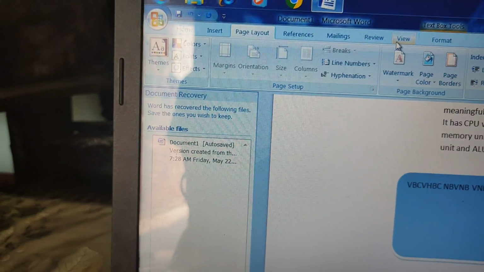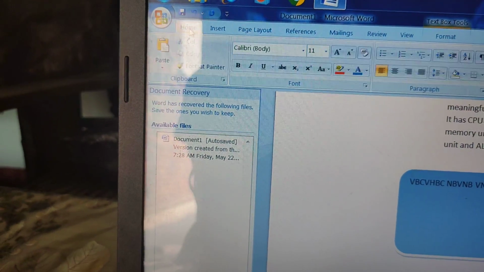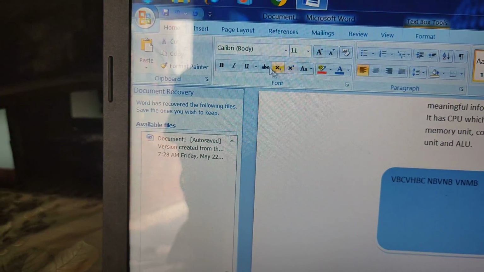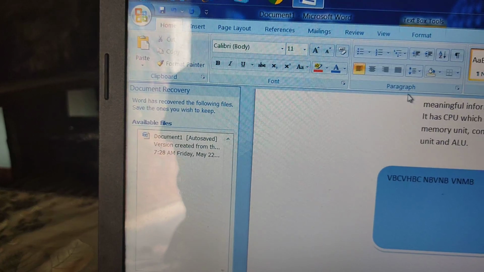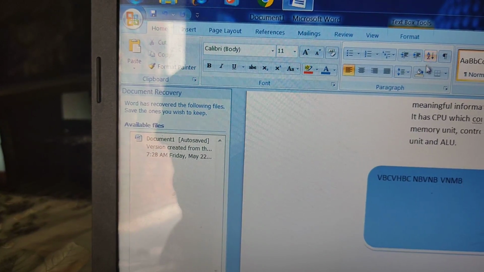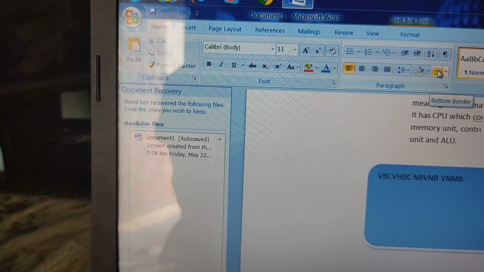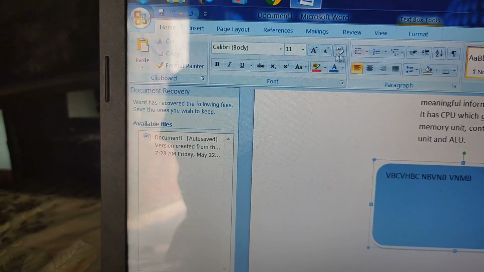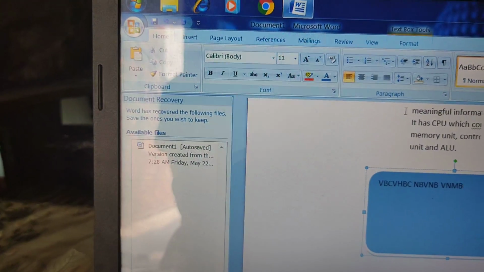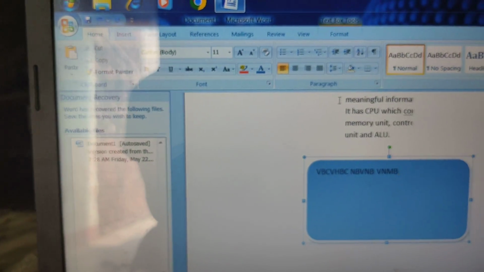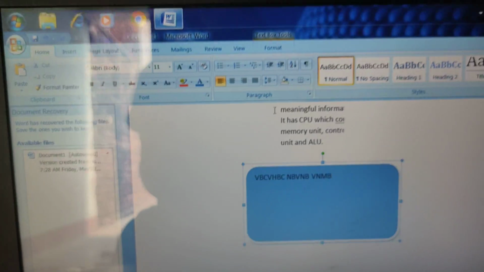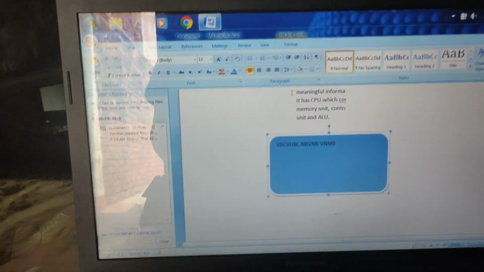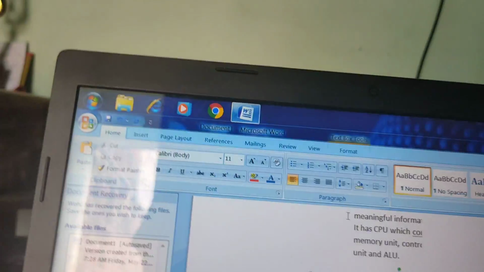You have to click on the home tab. Paragraph group, border, etc. I have already told you I have a different version, so it is a little bit difficult to change things, border and shading, all things. Okay, I hope it is clear to you, my dear students.